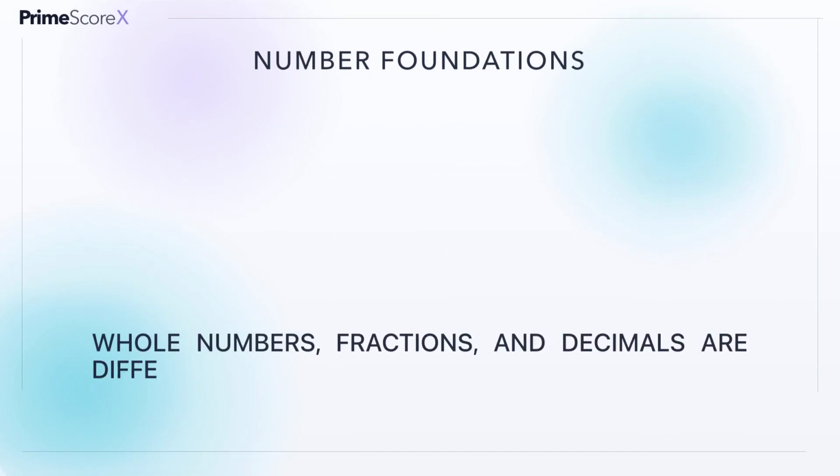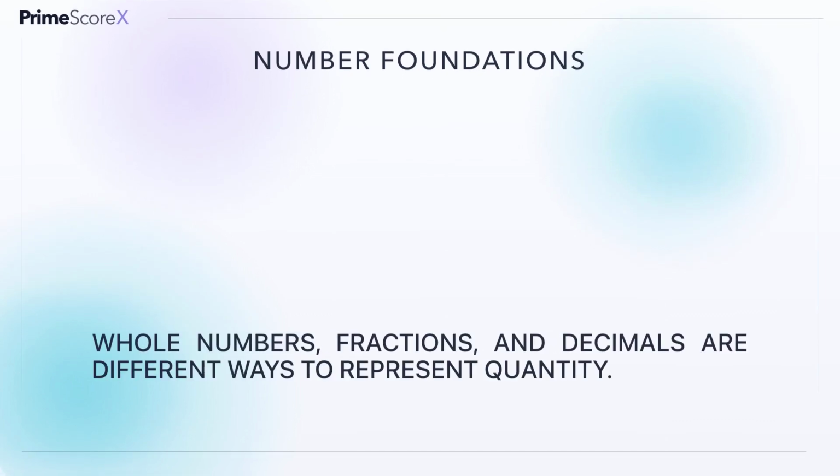GED Math becomes easier when you stop treating whole numbers, fractions, and decimals as unrelated topics. They all describe quantity. A whole number counts complete units. A fraction describes equal parts of a whole. A decimal expresses those parts using place value. In this lesson, you will connect the three forms, perform the basic operations, and use quick checks to catch common